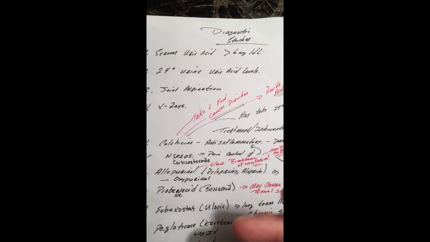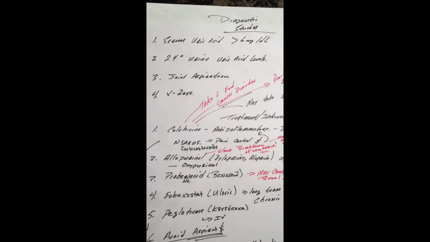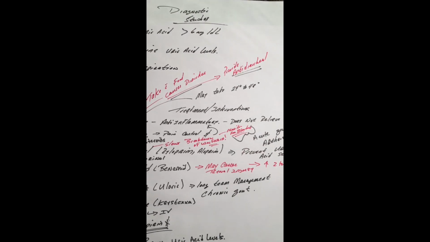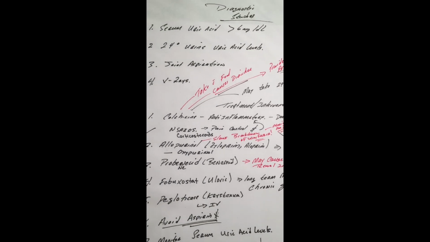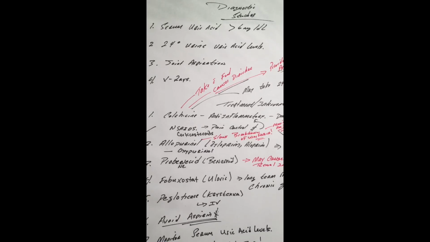Again, typically colchicine and NSAIDs are given in an acute phase. Something like allopurinol or Aloprim may be given for an extended period of time. Again, one of the things that allopurinol does is it prevents uric acid stone formation, which is very, very important. We want to make sure we keep good kidney function. So again, we want to prevent stone formation. Some patients may not tolerate allopurinol, so they can be given something like oxypurinol. Patients may also be given something like